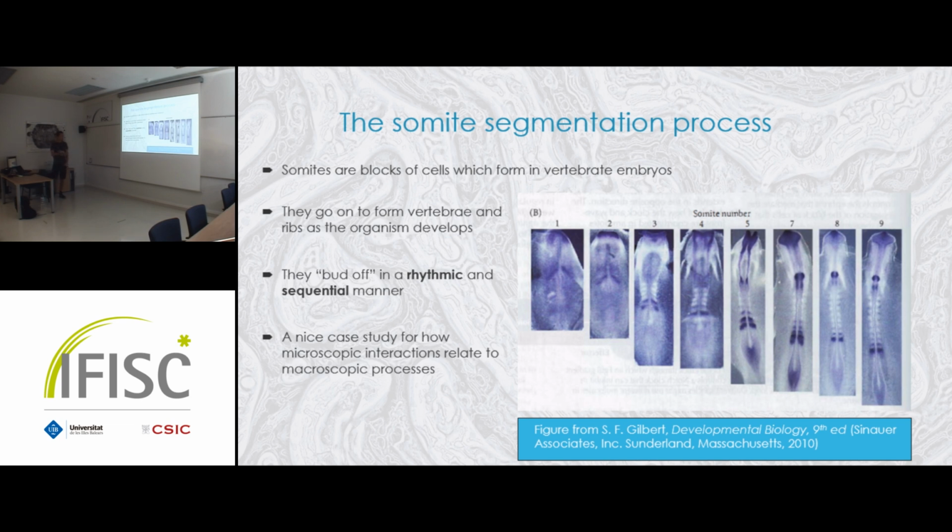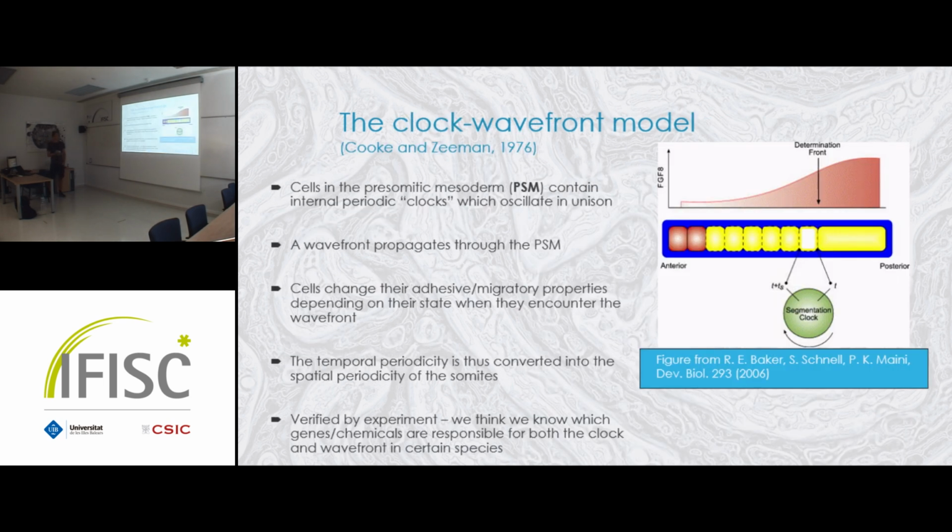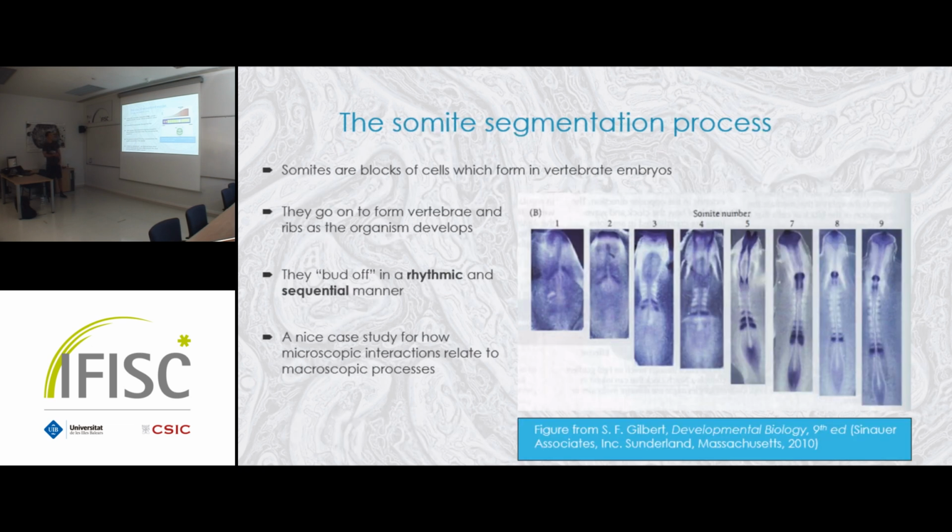So the prevailing theoretical framework for modelling this somite segmentation process, and as I mentioned, the somites are the blocks of cells, I'm not sure if I said that explicitly, is the so-called clock-wavefront model, which was put forward by Cooke and Zeeman in the mid-1970s. So this has really stood the test of time. The idea is as follows. Every cell in the so-called presomitic mesoderm, this region of the embryo here in the tail, which produces the cells which become the somites,